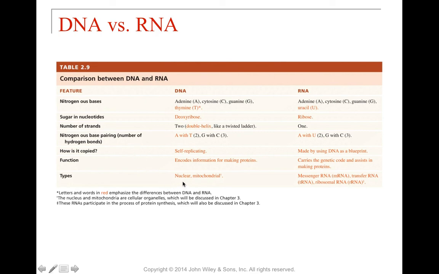We have 2 different types of DNA, nuclear DNA and mitochondrial DNA. You may know a little bit about the 7 daughters of Eve, but anyway, all of the mitochondrial DNA in your lineage comes from your mother because the mitochondria in the sperm are actually lost during fertilization. So the mitochondria never make it into the egg, and that means that you're only able to detect your maternal lineage through mitochondrial DNA. RNA, we have multiple different types of RNA, and these are all going to be used in the creation of proteins. So we have messenger RNA, transfer RNA, ribosomal RNA, and